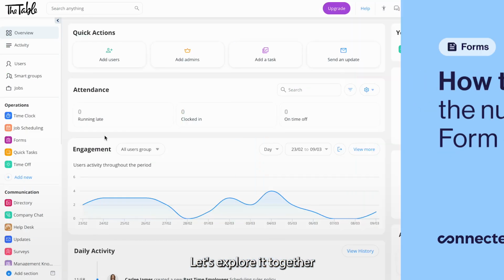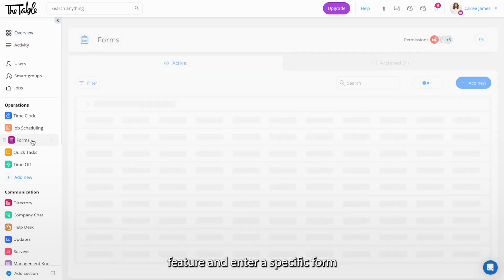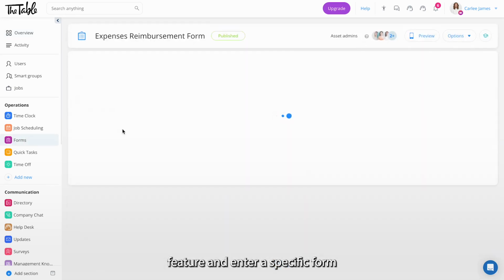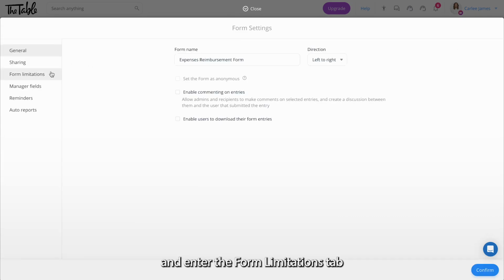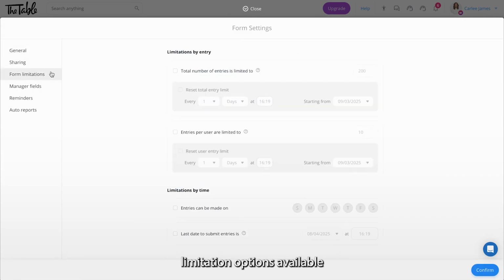Let's explore it together. Start by heading to the Forms feature and enter a specific form. Next, access the settings and enter the Form Limitations tab. There are different limitation options available, including total entry limits, user-specific limits, and time-based restrictions, each designed to help manage